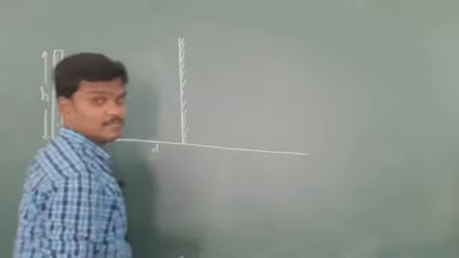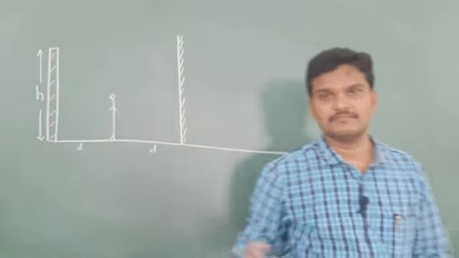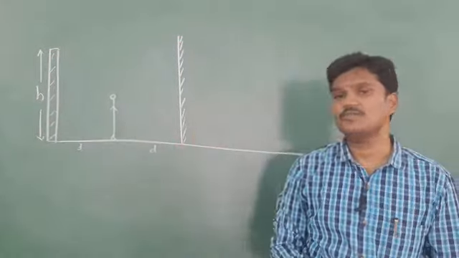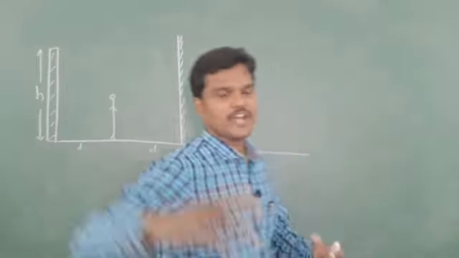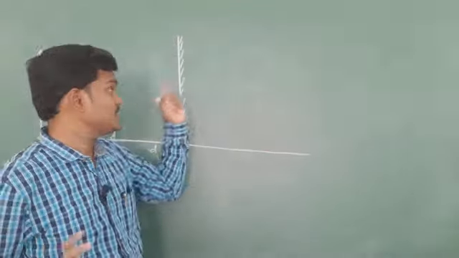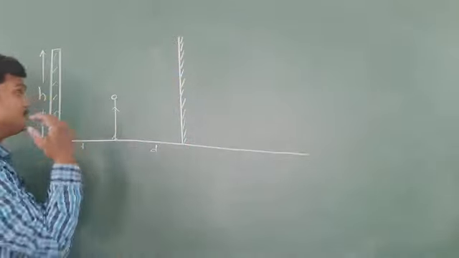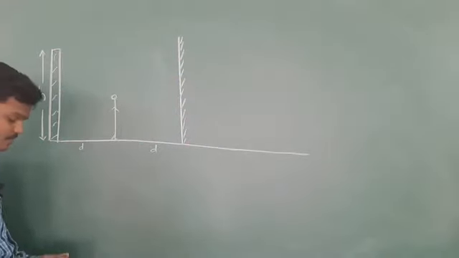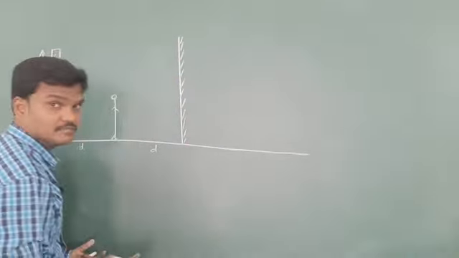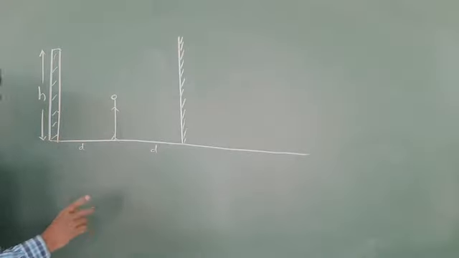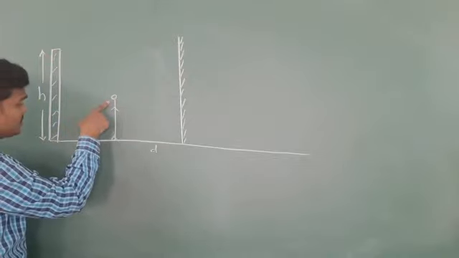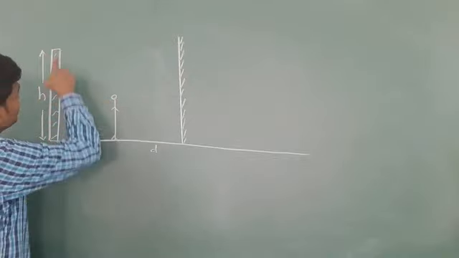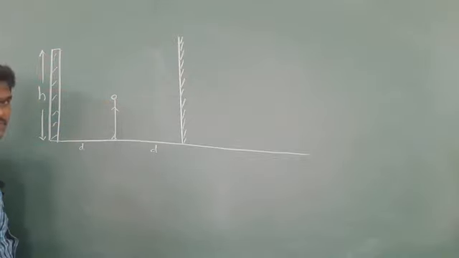He wants to see the backside wall along with the person. Person height is not mentioned, only wall height is given in this situation. So the person wants to see the backside wall inside the mirror. Then what is the length of the mirror required by this person? This is also based on simple geometry and ray representation. He wants to see the backside wall, means he has to see the bottom of the wall and the top of the wall. Bottom, top.